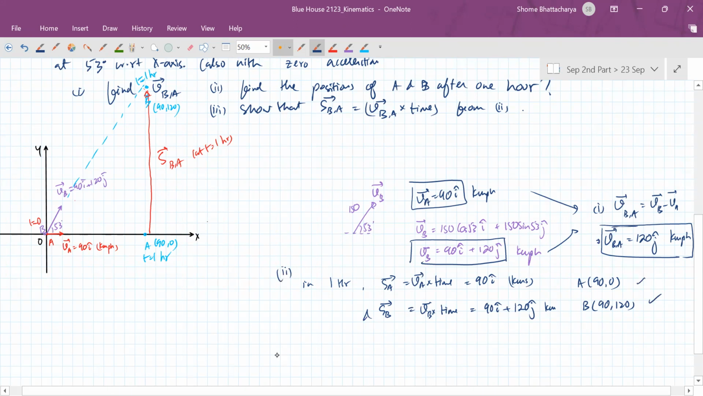Now third part, you can see that displacement of B with respect to A is equal to the vector from A to B, that is 90, 0 to 90, 120 at t equal to 1 hour. So from the diagram, you get 120 j cap in kilometers. But also you can see